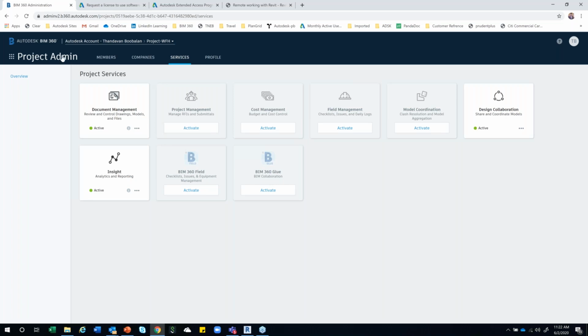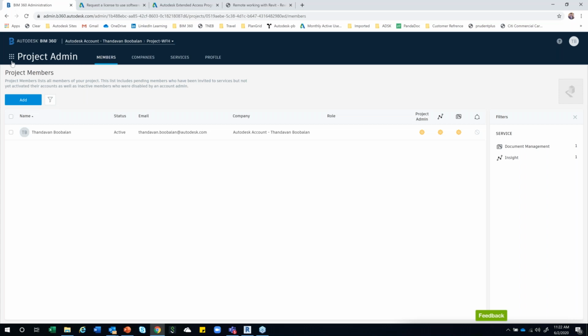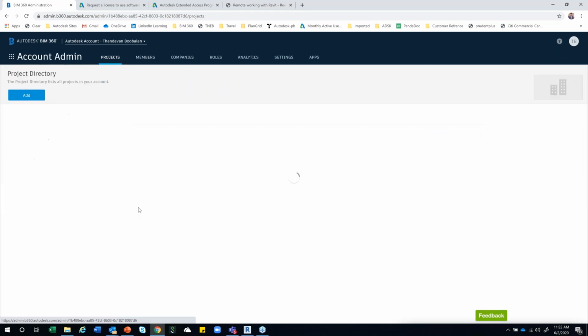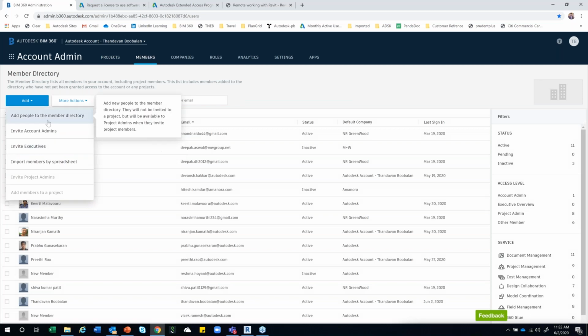Once this is done, you can go to the members. Let's say I want to invite my team members, to add team members. So I'll go to the account admin page itself. What are the other options we have available here? Projects, I just showed you about creating a project. Members, where you can add members